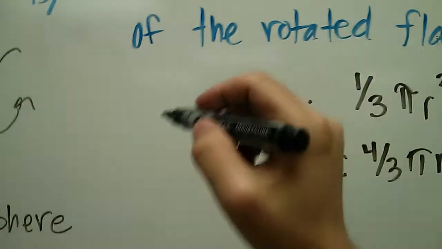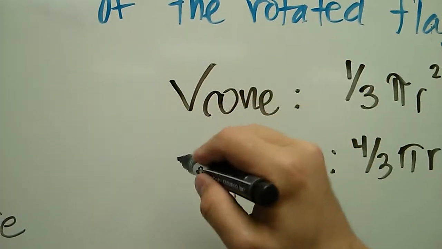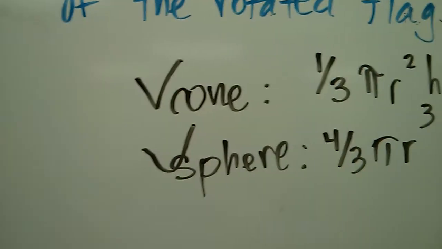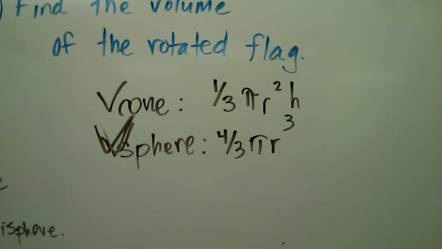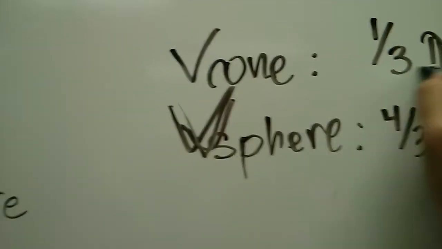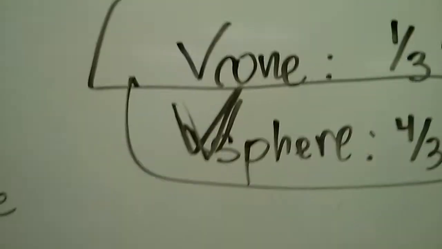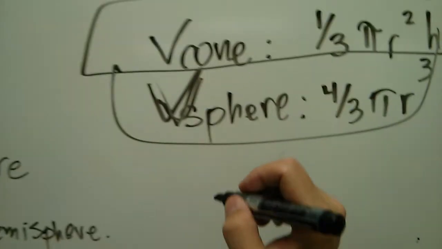These are the volume formulas for a cone and a sphere. Sorry, it's hard to do this with the video camera. So here we have two different formulas. So the total volume